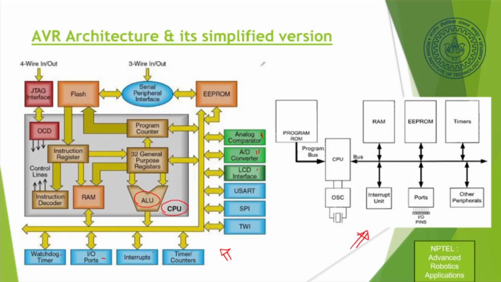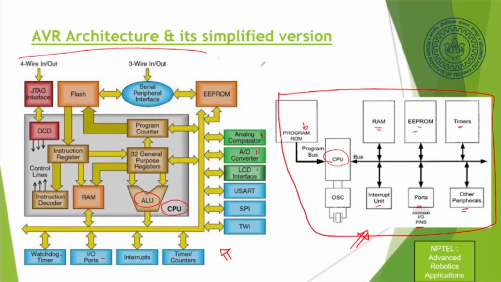So you have a CPU, then there is a RAM and an EEPROM, then there are timers, and there is an interrupt program. If something goes wrong, you can interrupt it. There's an external interrupt switch also. Then there are ports, or pins, by which you can connect other peripherals. The program is on the ROM, and once it runs, it comes onto the CPU and takes the data to and from the RAM and the EEPROMs. So this is the full chip design.